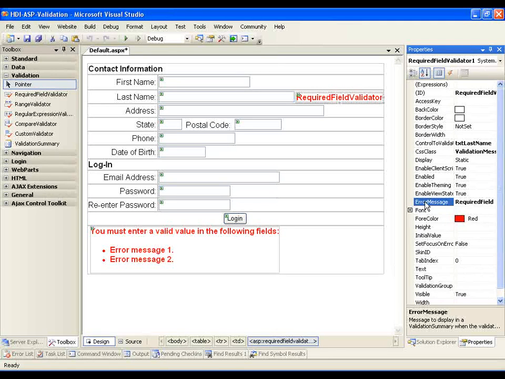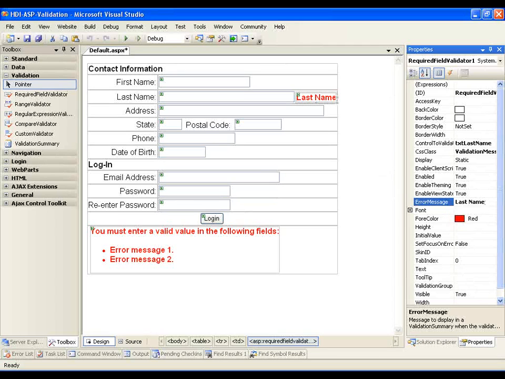So in the error message we're going to put last name, because remember in our summary control we have a bulleted list of all the fields that have something invalid. So when last name is not entered, what we're going to get down here in the list is last name, so the user has an indication they have to go up here to last name and enter some